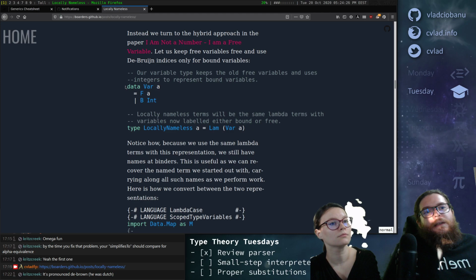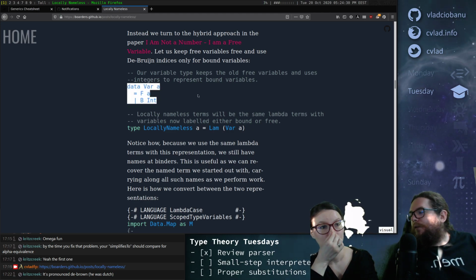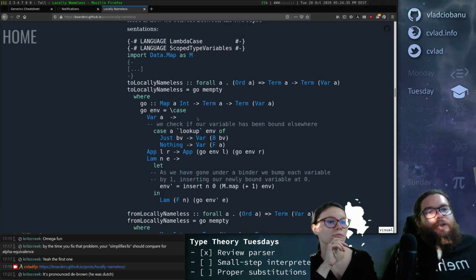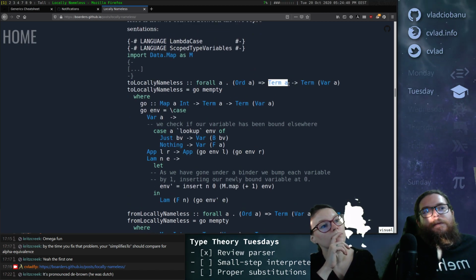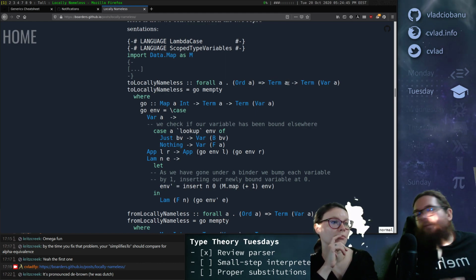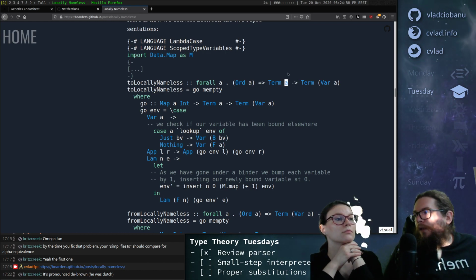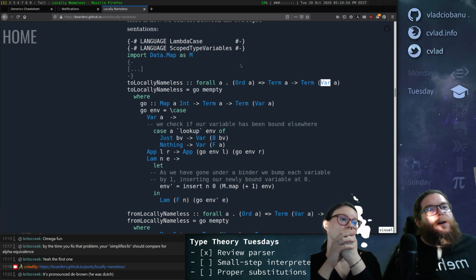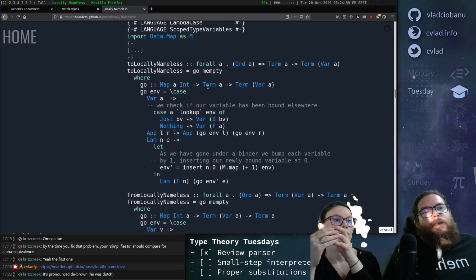So this means that our symbol needs to be maybe something like this, right? Symbols could be either strings or a number, which is an index. And then here's the algorithm, which goes from a term using strings, or like in our case it's strings, but this could be anything, right? Some A uses A's for variable names. And here it uses var a, so it's either a or the integer. And the idea is like this.